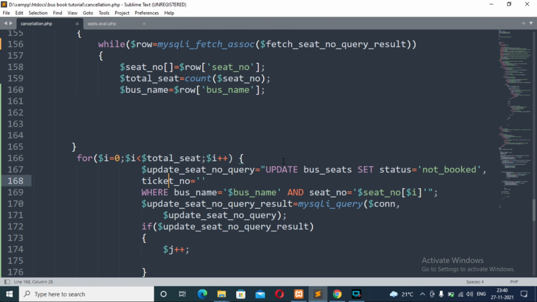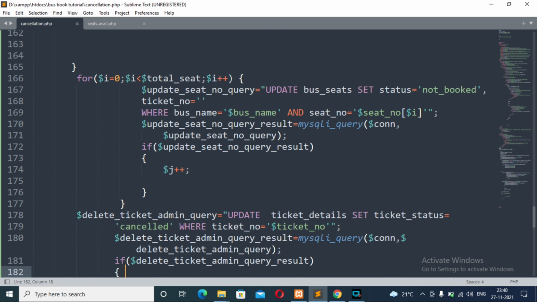There is an update seat number query PHP variable which stores the SQL query for updating the ticket number. After that we fire this query using the MySQL query method and store the boolean result in the update seat number query result PHP variable.